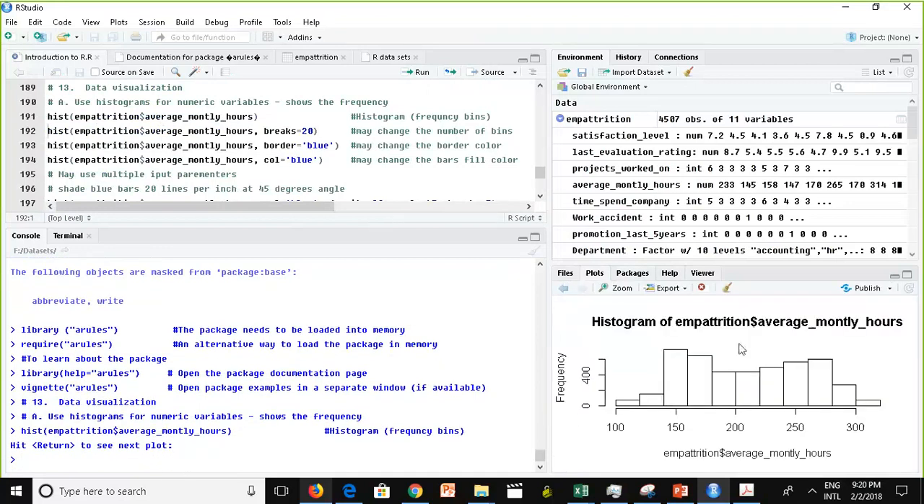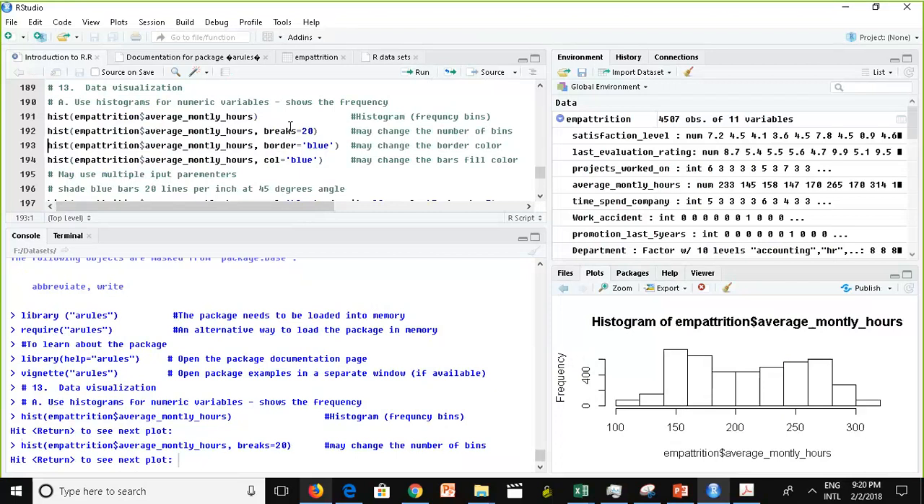There we go, right? Here it is. So this is a histogram. It's not fancy, right? It's showing me the frequency. Now what I could do is specify the number of bars that I want, and R will aim to have 20 breaks. It may or may not be the case, but